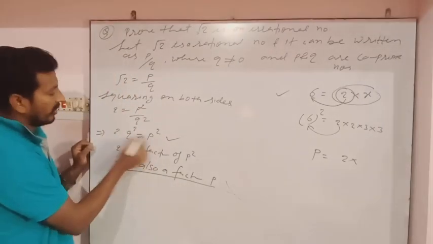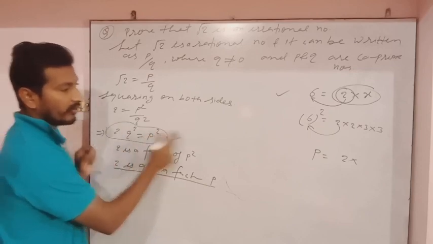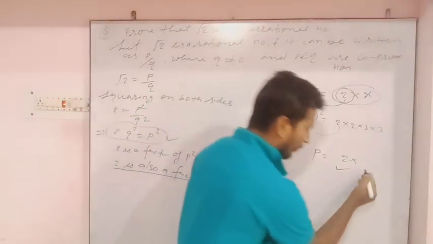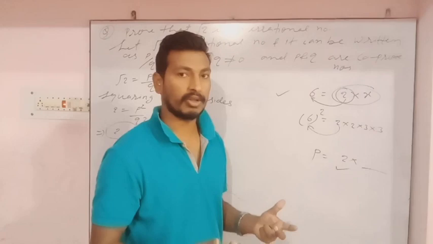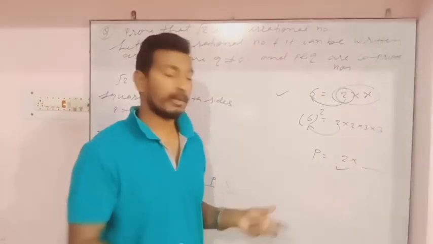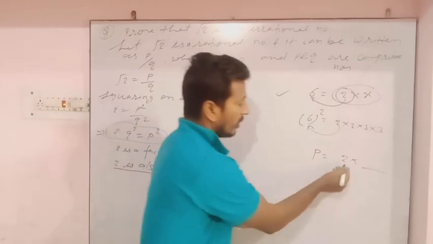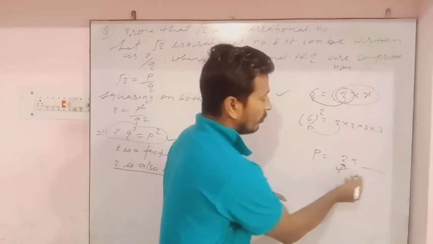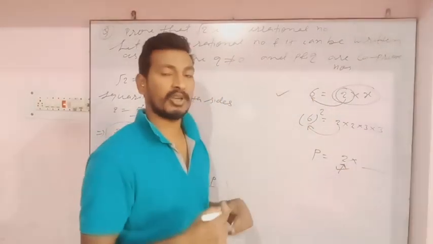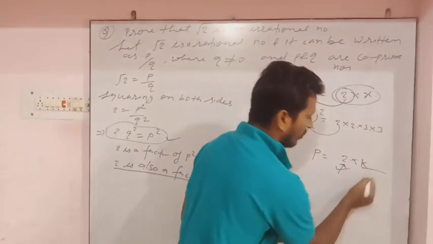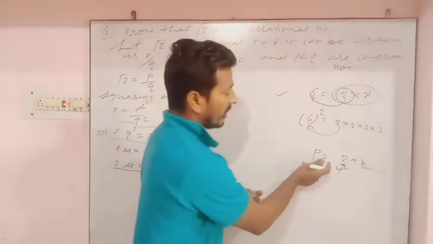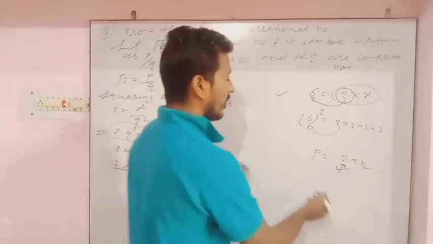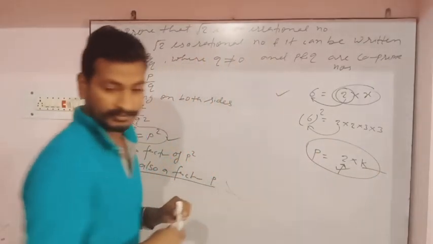There was 2 into p square, but it was the expression of p square and we are finding p. So for getting p, we must multiply by 2, and what the other number is we don't know. And actually we are not concerned about finding the other number. We are just bothered about 2. So there is 2 and the other number we don't know. That's why we can write any constant or any alphabetical letter here. So we can write p is equal to 2k. You can also write p is equal to 2a, 2b, 2c, 2m. So anything you can write. So p is equal to 2k.